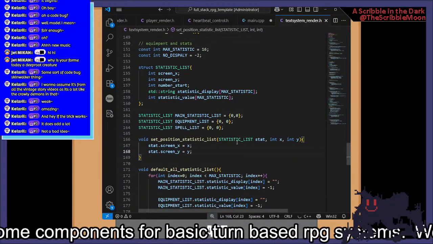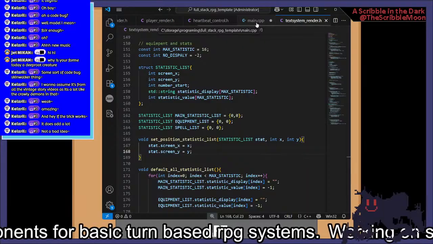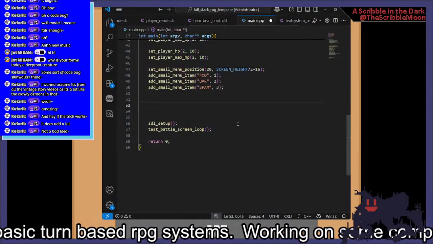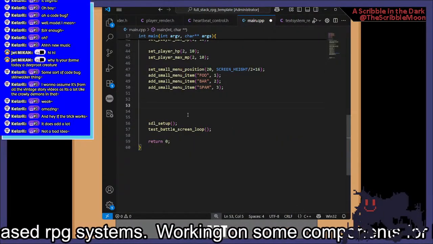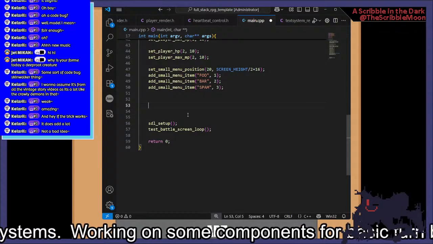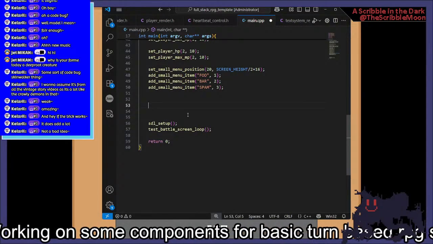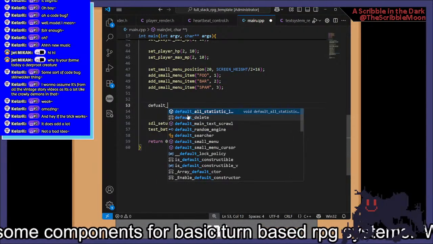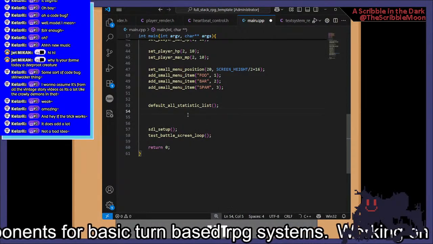I might need to make these be by reference or some other junk that it's annoying to remember how to do, but I'll do one of the 7 different ways to do it, and I'll work with the one that works. Okay, so default all statistic list,